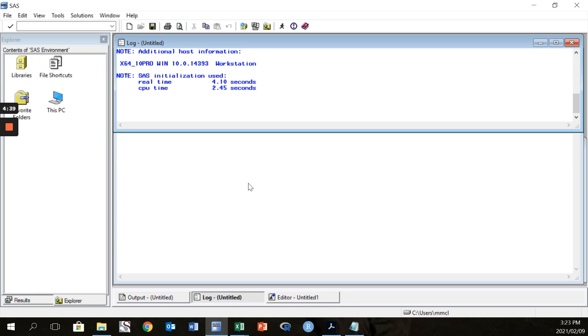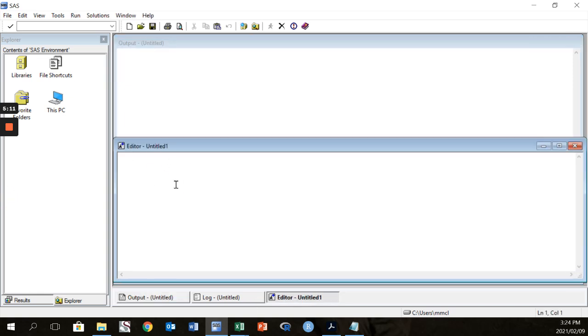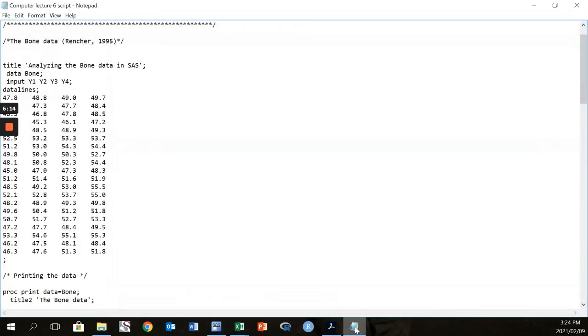Now, like I said, there's lots more that I can explain about the SAS environment over here. But basically what we want to do is, once we've imported our data, we want to analyze the data, get to the results, and interpret it. And later when we're done, we want to save all our code and our results. Okay, so let's see how we can go ahead with the SAS analysis. Okay, so let's go to the editor window, and the first thing that we want to do is to